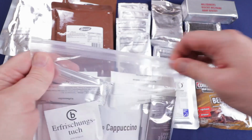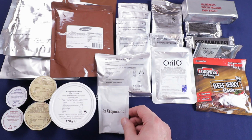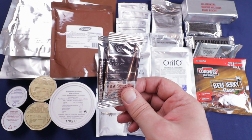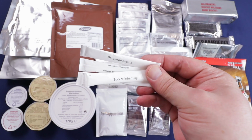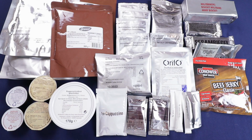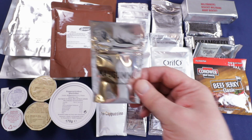Alright. Got our accessory pack here. Okay, we got a cappuccino drink, 2 coffee extracts, 2 tea extracts, 4 packs of sugar, 2 packs of creamer, 2 packs of salt, a package of chewing gum,